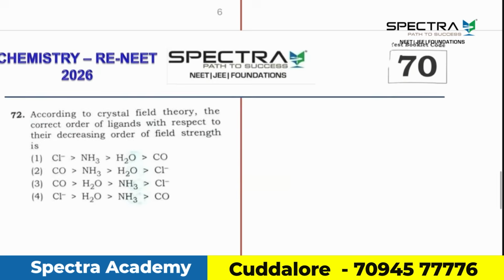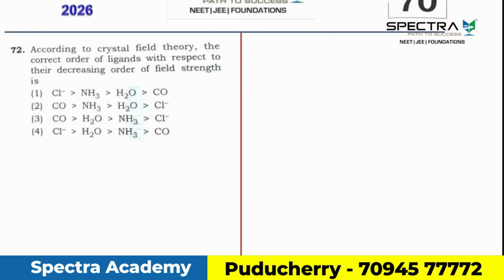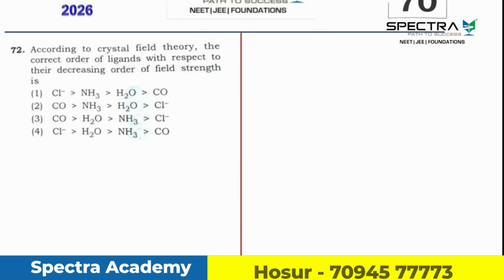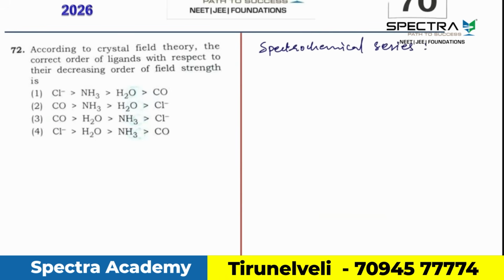Next is question number 72. According to crystal field theory, the correct order of ligands with respect to their decreasing order of field strength is. So we know the spectrochemical series. According to the spectrochemical series, the order of strength of ligands is: carbonyl greater than,